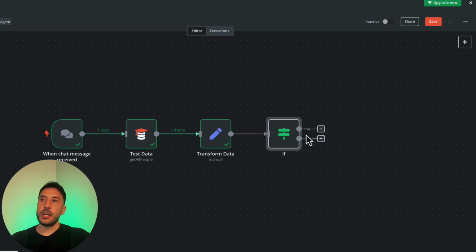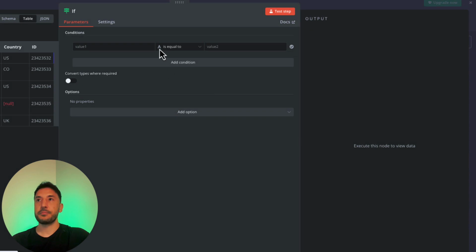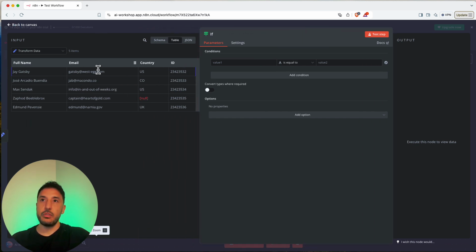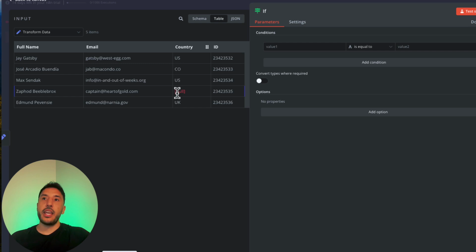Now the if node spits out 2 outputs. The data coming out of this node will be either true or false. If the condition is met, it will spit out all of the data from the true area, and if it's not meeting it, it's going to send that data to the false output. So let's double click on this. If the data coming in from my previous node has a particular value, then I want to output that. But if it doesn't, then I don't want that data shown in the output from this node.